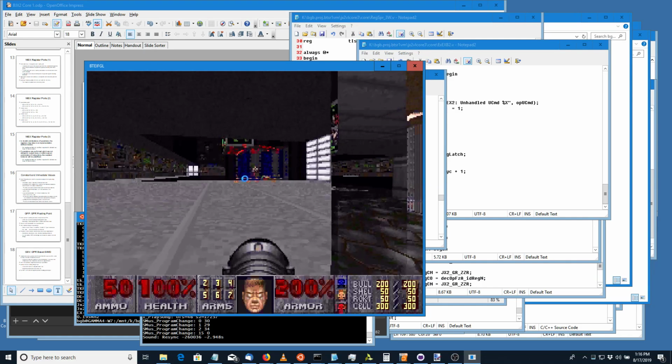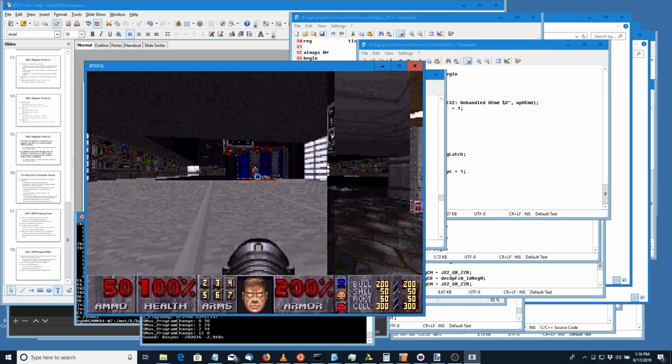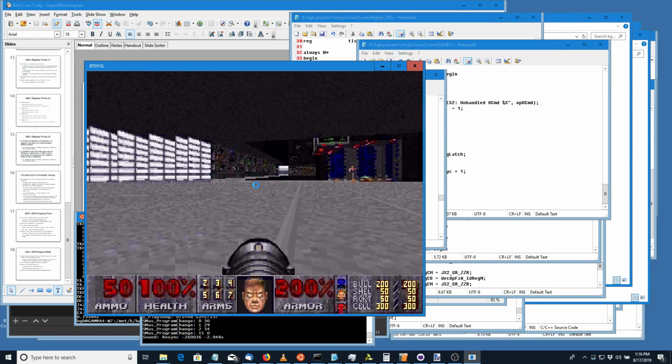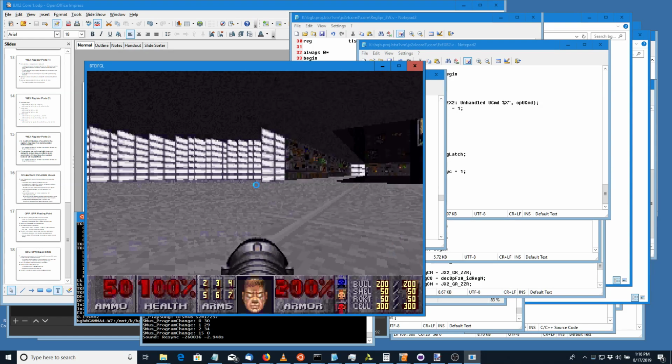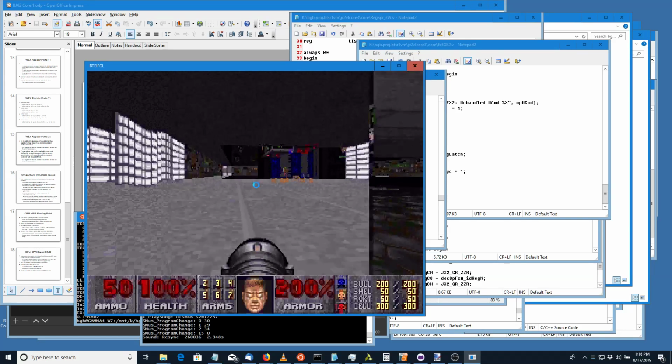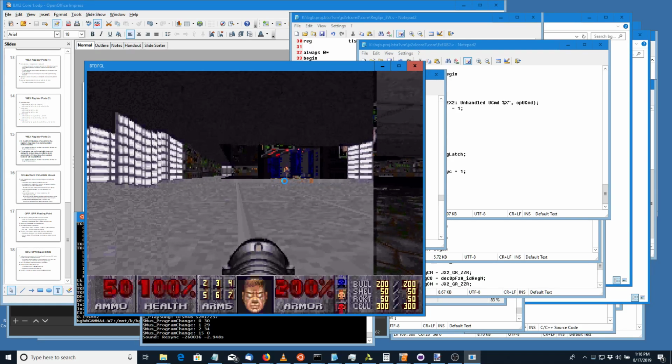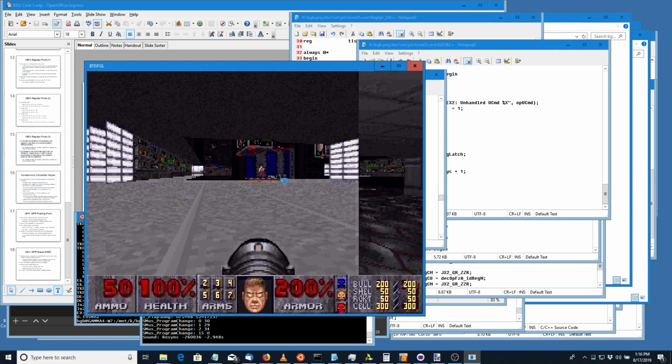Slight artifacting right in this area due to color bleed over, due to the whole issue of it being color cell